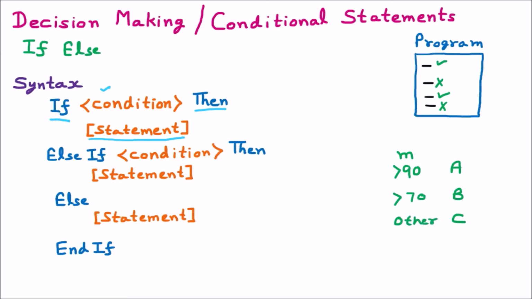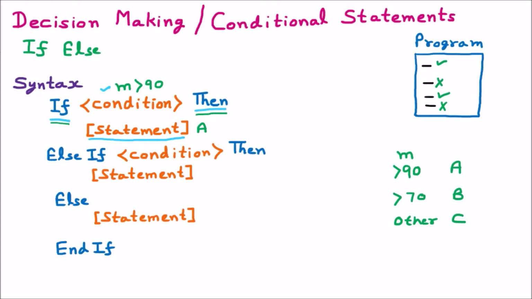Now here we are going to identify how these statements we can put into the syntax of if else. First of all, we have if, so we apply the if. Afterward we need one condition. In the condition we can say that if m, the variable where the marks of the student are stored, is greater than 90, this is our first condition. Afterward we apply then. Here we mention the statement, that is, let's say A. I can use a printf function, or I can use a text box or a message box. Anyhow, I am printing this, so in the statement I am printing this A.